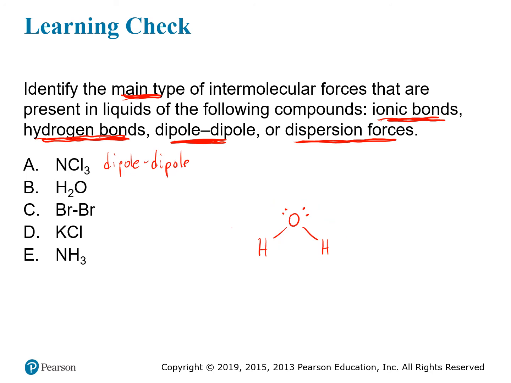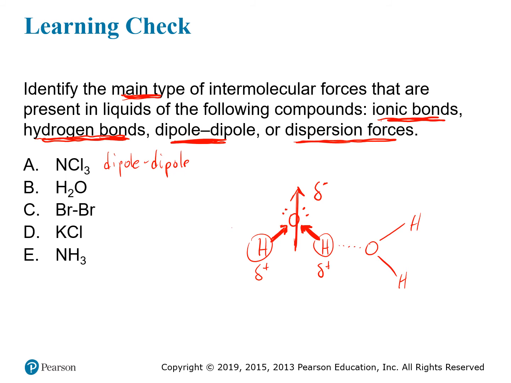Okay, so since water is bent, it has these polar bonds where the oxygen is pulling on the electrons more strongly than the hydrogens, and so those are pushing it in, and that gives this an overall polarity, where you have a negative charge on top, and the hydrogens are positive, right? Partially positive. So what that means is you have hydrogens that are attached to a very electronegative element and therefore becoming partially positive. And so that is going to allow this to undergo hydrogen bonding with another copy of the